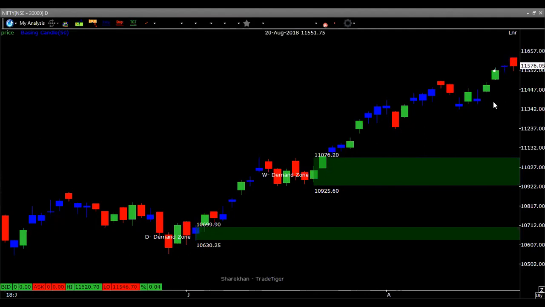Of course, you can look at this area of demand, but you see the strength of the area of demand is very, very less because all these candles are very small. It has not moved up very sharply from here. This area of demand